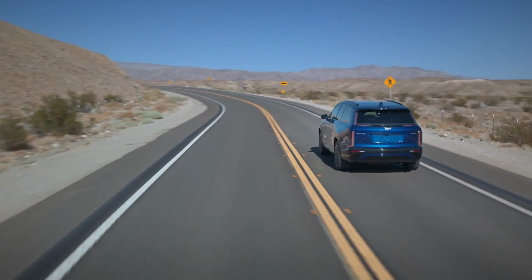number of days ago where they got a little bit of hands-on time with one of the vehicles in pre-production form. Unfortunately, I was not invited to that event, but as of me posting this video, there's actually a lot of information that Cadillac has posted, not only on the press websites but also on the customer-facing website. So I highly encourage you guys, after watching this video, to go check out some of that information yourself on Cadillac's website,